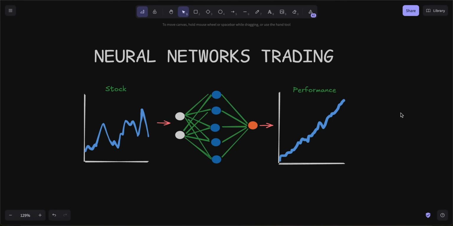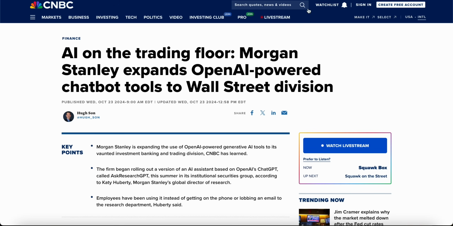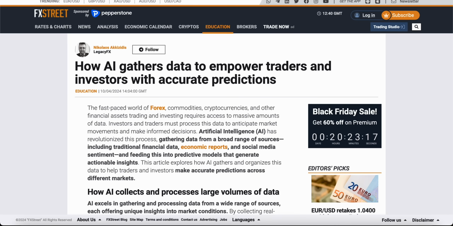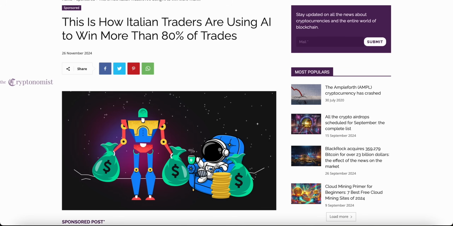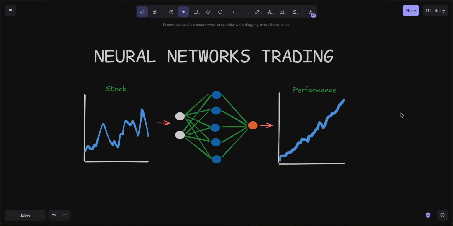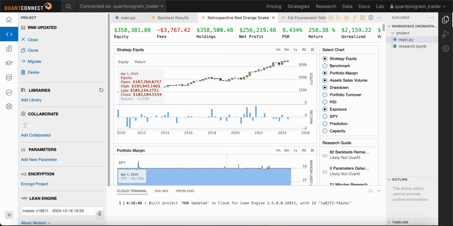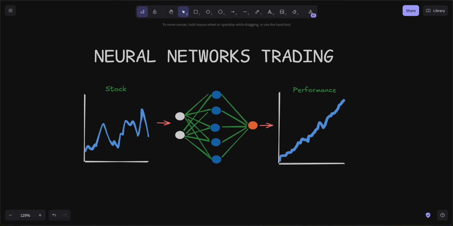Machine learning and AI have taken over different aspects of our lives, and they have also taken influence in many decision-making fields, including trading and investing. So today we are going to discuss neural networks trading and how we can create efficient strategies like this, which can beat the S&P 500 buy and hold returns,